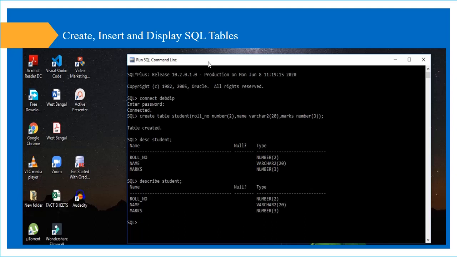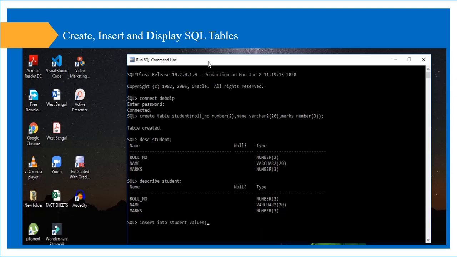So our next task is to enter the values for the table. You have to write the command insert into student, then values is the keyword, first bracket, then you can enter in two ways. First I will show you the longer method and then I will show you the shortest method.